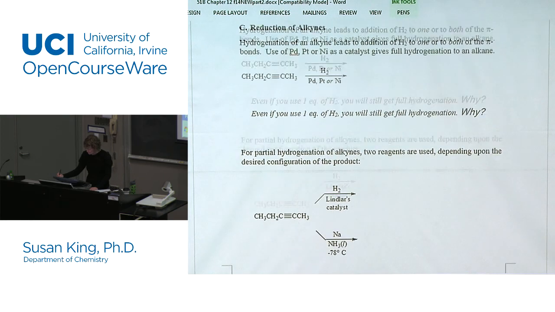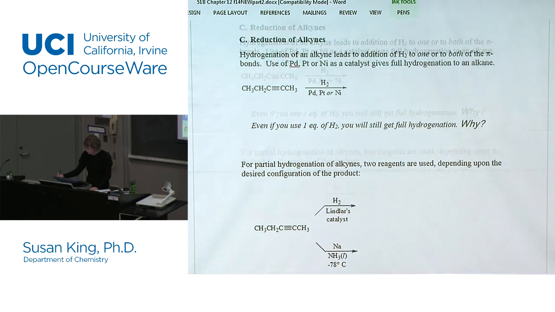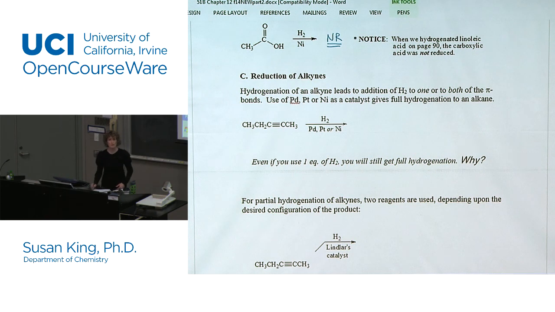All right, and that leads us right to, is page 90 correct? Yes, page 90 is correct. That leads us to reduction of alkynes. So what happens if we reduce an alkyne? Now we have an alkyne, we have 2 pi bonds. And it turns out we can reduce one of them or we can reduce both of them. We can do either. So if we do full hydrogenation,